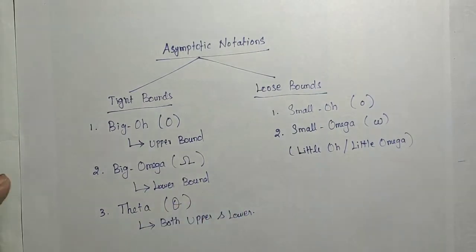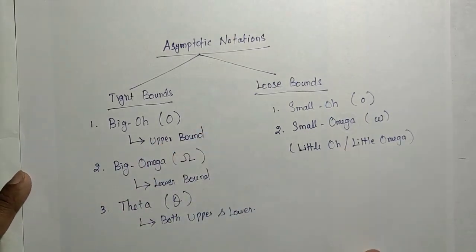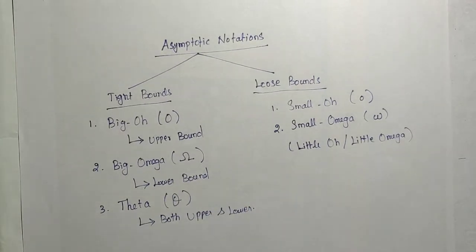So what are the definitions of these different notations? Simply understand that these notations compare two functions. This function belongs to this group of big O of these functions, big omega of these functions, big theta of these functions. We compare the two functions and say this function belongs to this class of functions. For that we use these notations, and which notation is used for representing the time complexity of our algorithm, we will discuss. So we'll discuss one by one.